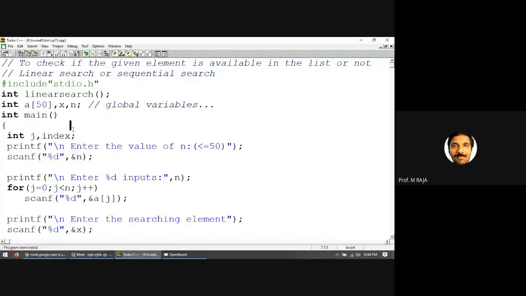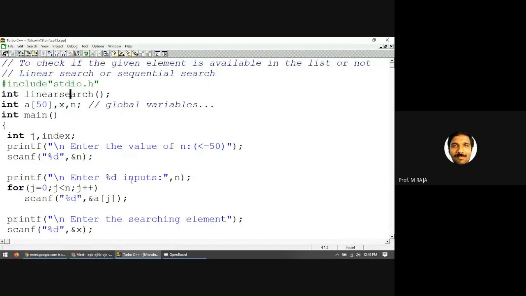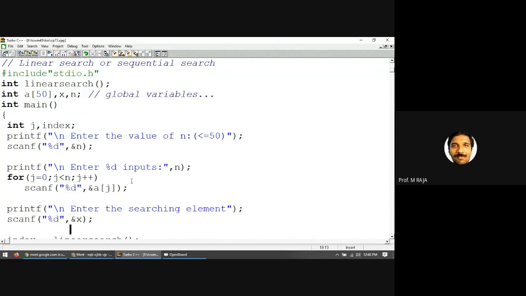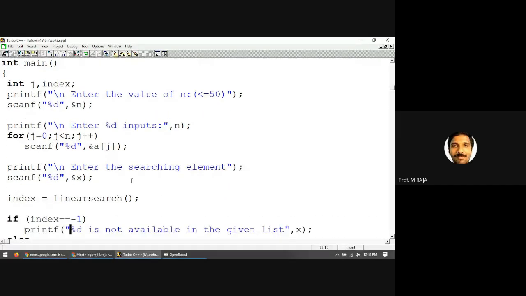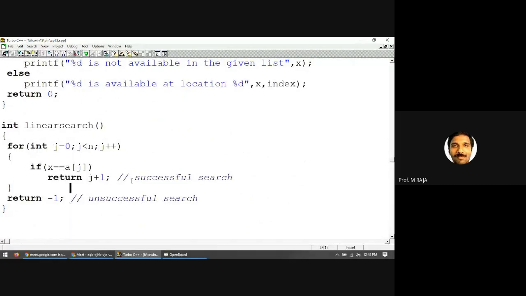So whatever is your choice, you can define a function so that, if you want, you can pass the array of elements as parameters to the function. Otherwise, make everything global variables, and get inputs inside the main function. The global array, searching element, and number of values n are easily accessible in the user-defined function here,